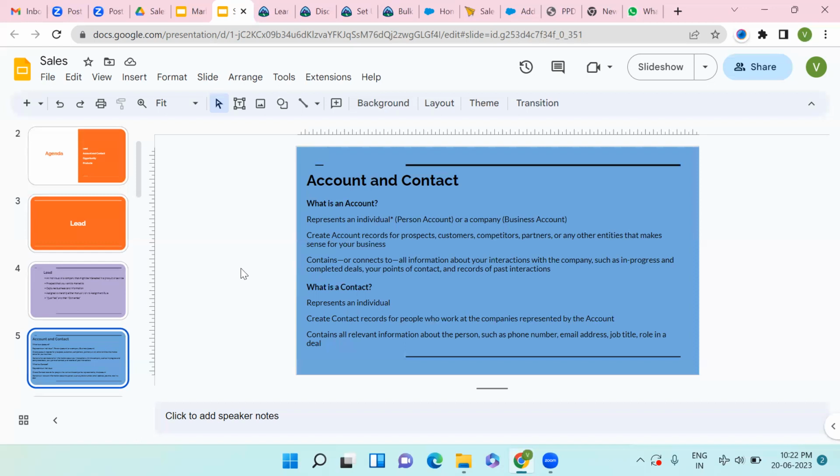And if a company comes to you and is interested in your product, then you will create an account for that company, and in that company different people are available, like the marketing manager, the HR manager, or the CEO. These are persons you can include in the account. And how will you include them in the account? You will create a contact for each of them. So a contact for the CEO, a contact for the HR manager, and all these contacts are linked to your company account. Getting my point?